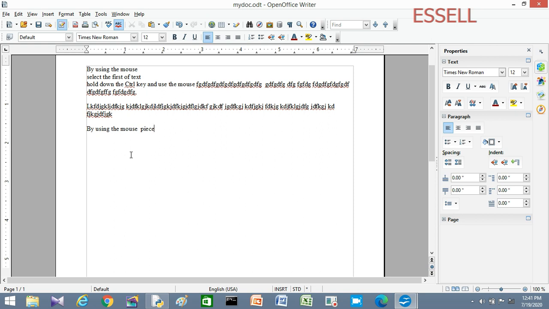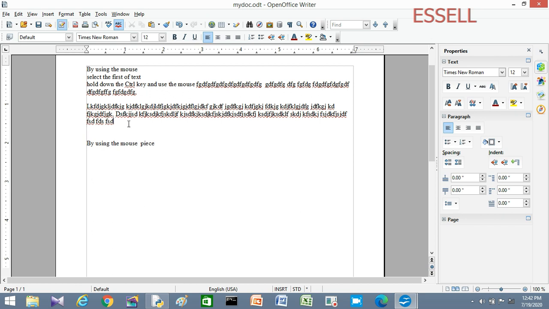Then next is selecting text. Suppose I want to select one word, I use double click. Suppose I want to select the entire sentence, triple click is used. Therefore, this is one paragraph and one line of that paragraph, and next paragraph, next line.